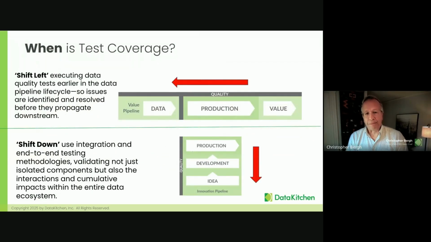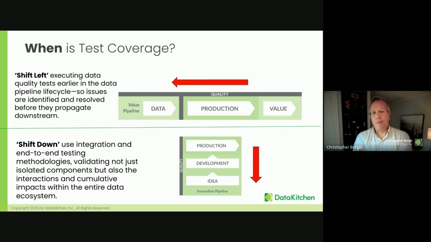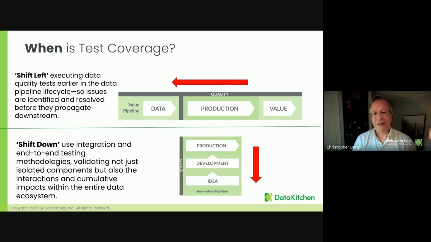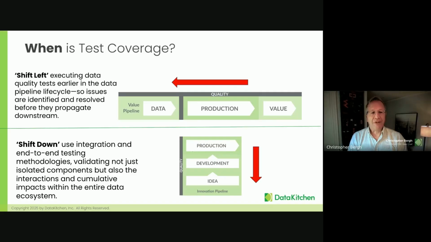Likewise, when is it? Well, we're going to break it into two parts and sort of shift left and shift down. And unfortunately, these terms mean different things in different contexts, right? And so I'm going to use them in our context. But the term shift left means executing data quality tests earlier. So if you find a problem in raw data, it doesn't get to your customer. So therefore, you have saved yourself time and effort. So finding problems earlier in production, that means shifting left,